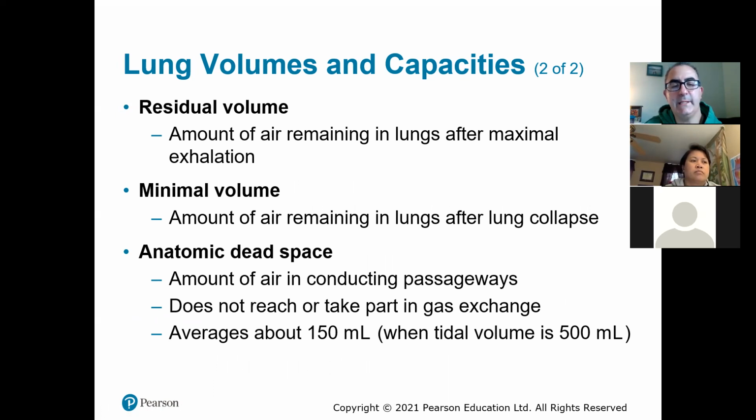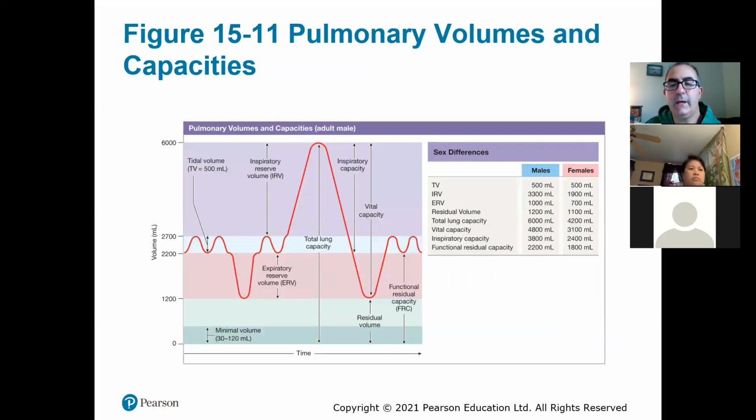And then anatomic dead space is the amount of air in the conducting passageways that also doesn't take part in gas exchange. So not only is there always air in your lungs, but there's always air in all the tubes going down into your lungs, right? But that also doesn't factor into how much oxygen you can get in or how much CO2 you can get out. So when we look at a graph,